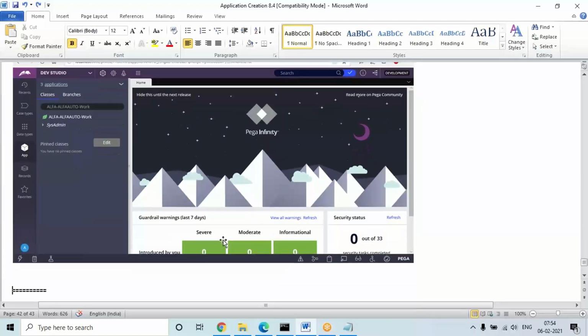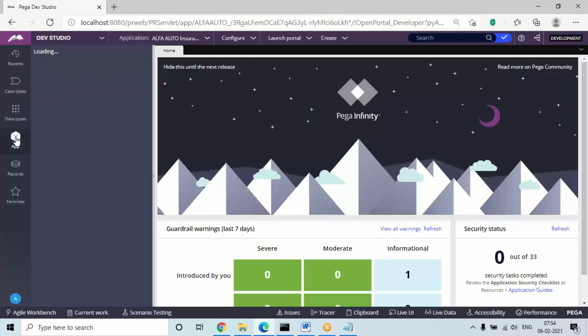The main thing is, in your App Explorer you can see some classes that I'll discuss more in the Monday session. When the application is generated, in the background many things will be generated like classes, inheritance, some rule sets, and some IDs. Not only the parent ID, other IDs will be created like work groups and work queues. Rule sets and versioning, so many things will be generated. Step by step we'll understand those things.